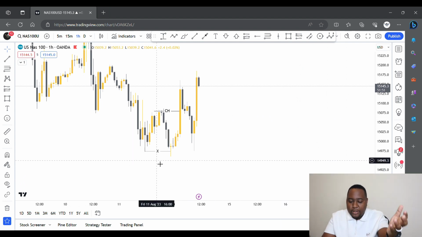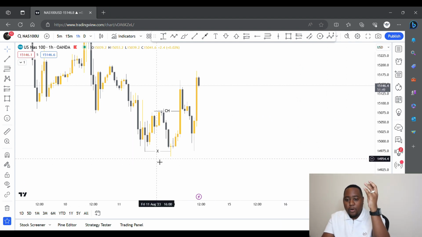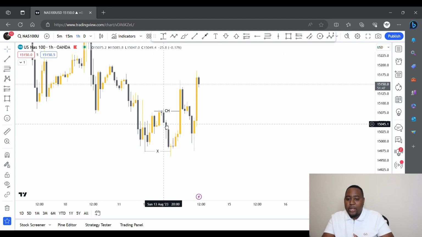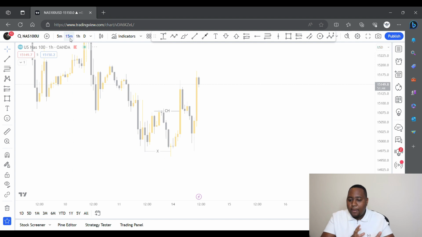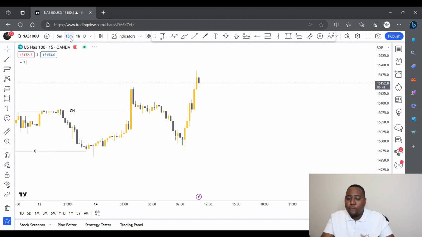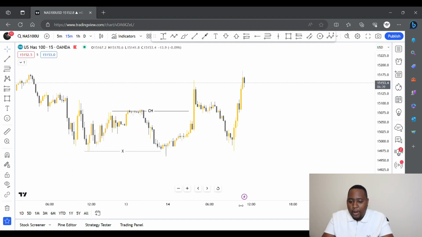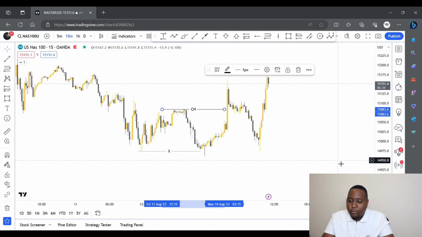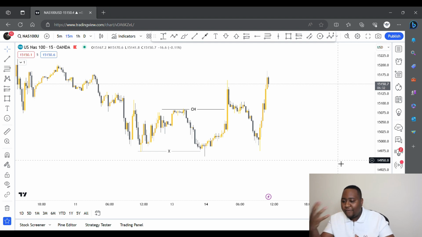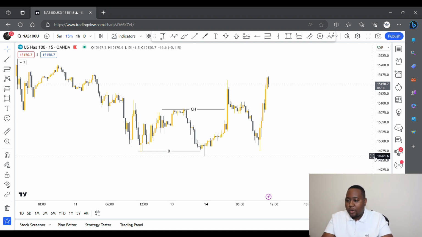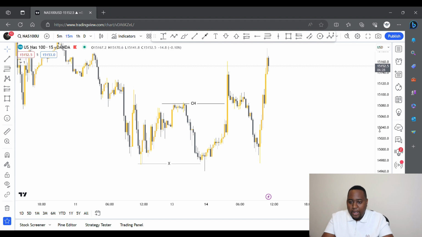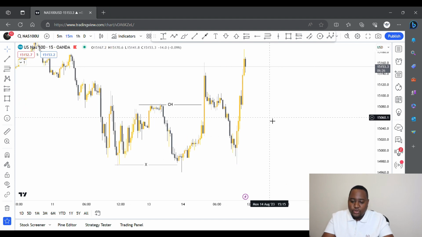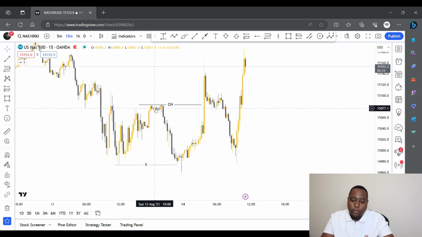So we have liquidity being swept, we have change of character that shows us we're in a bullish trend, and therefore we can now go to the M15 where we can look for our entry, in terms of where are we taking our entry, right? So this is where I normally look for order blocks, fair value gaps, all of this stuff in order to take the entry. And one thing that I may advise you to do is when the market has broken structure